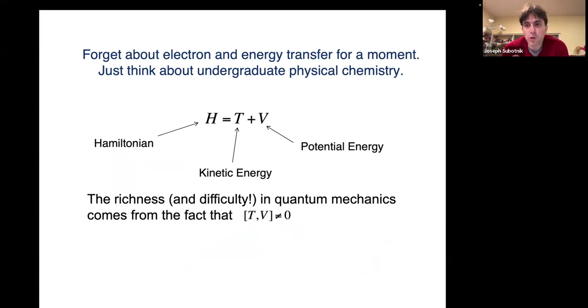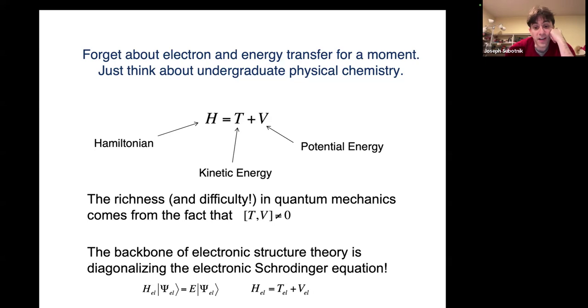The potential energy wants to localize an electron around the nuclei, and the kinetic energy wants the electrons to be as delocalized as possible. And it's the competition between these two forces that gives us molecular structure and electronic structure theory. The fact that T and V don't commute, but the sum of T plus V will be something somewhat localized and somewhat delocalized. That's the whole notion of how you get molecular orbitals. And in fact, of course,